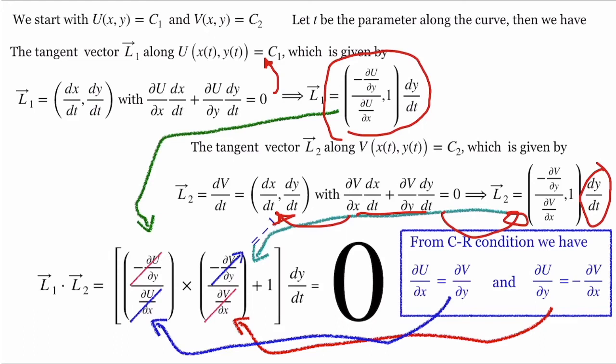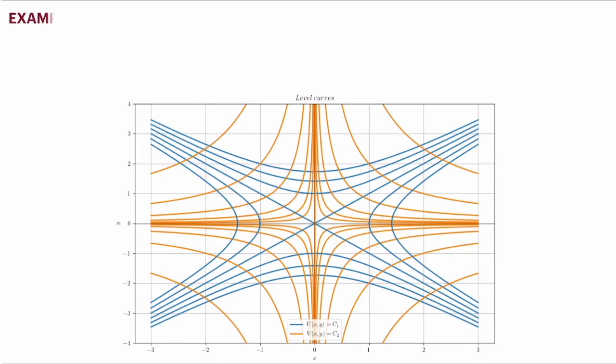Since we have not taken any specific point, it is true everywhere in the domain wherever the Cauchy-Riemann condition is satisfied, that is, the functions u and v are analytic or harmonic conjugates of each other. So this is also a very useful result to understand. So let's look at the example where we have a function f of z is equal to